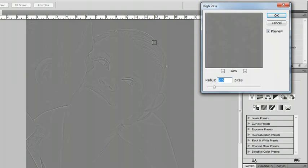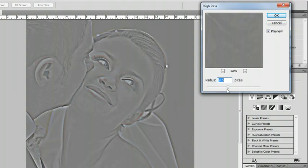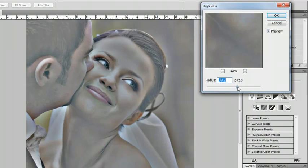It doesn't have any real haloing around the edges of the lines, which is what you want to avoid when you're doing this technique. Otherwise, it'll show through in the output. Now, if I were to continue to move the slider to the right, you can see what it starts to do. And if I continue to go, it starts to move into a pseudo HDR look and feel, and with a lot of kind of high level